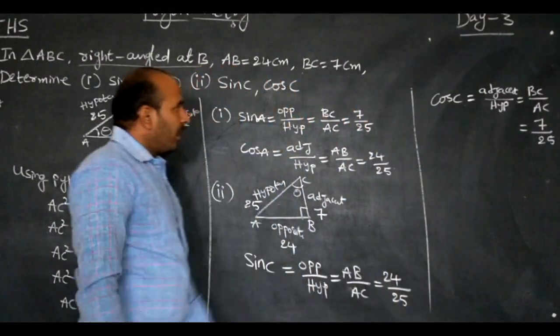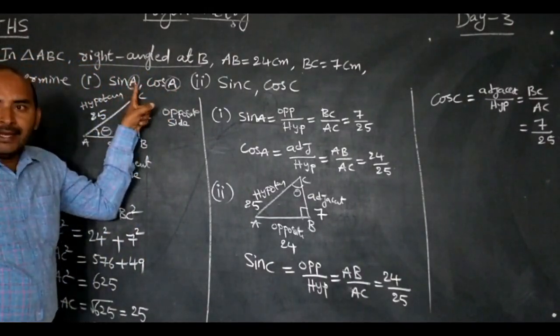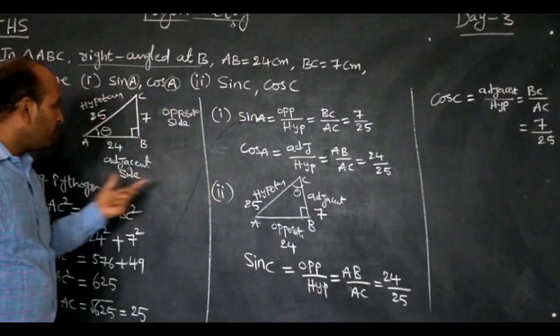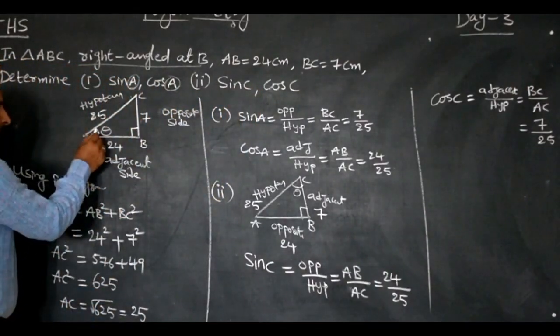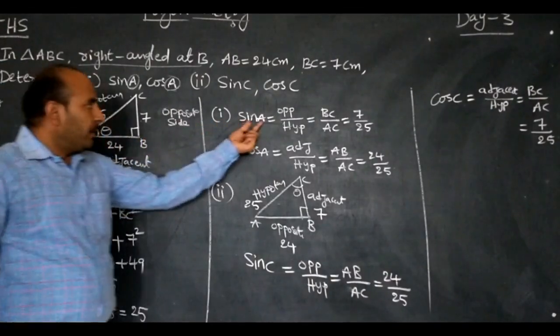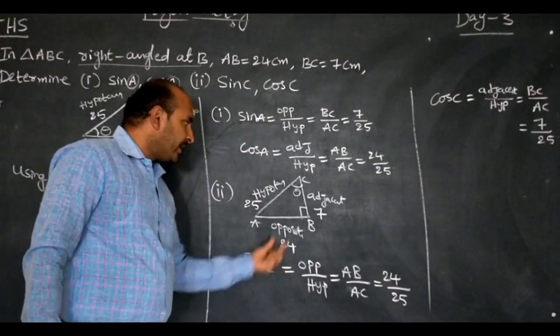And one more thing you can observe here. In the first bit, sin A cos A, the angle is at A. In the second bit the angle is at C. So no need for confusion. Here I am taking the angle A as theta. Otherwise, you can take theta in place of A, and here, instead of C, you can take theta also.